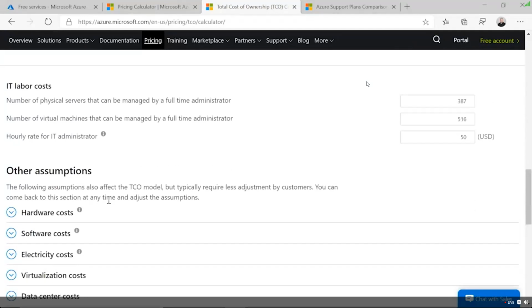It's going to take some time to build everything in here, but also be open and honest with this tool. The data you put in here, now you're seeing all those other costs associated with running a data center. And at the very end of this tool, when it's done, it's going to spit out a report that's going to show you this is how much it costs to run those solutions on-prem, and this is how much it's going to cost and how much you can save by running them inside of Azure.